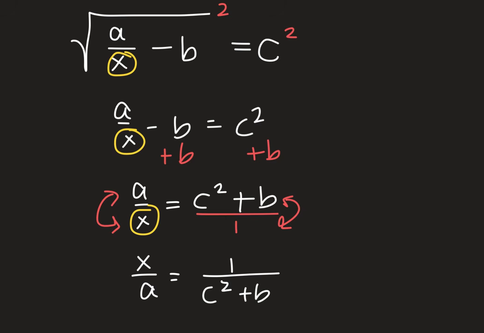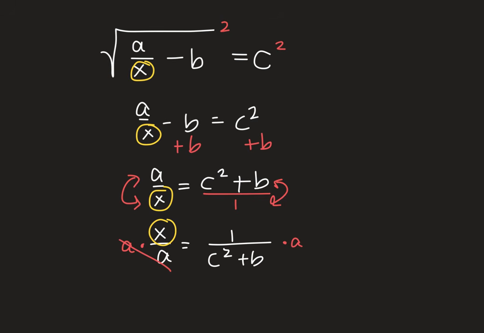So now when I'm trying to isolate x, it's easier for me to get rid of this a term because I can multiply by it. Whereas if I had tried to get rid of it up here, I would have had to divide, but x would still be on the bottom, so that would be kind of weird. So I'm going to just multiply both sides by a, and that's going to give me a final answer of